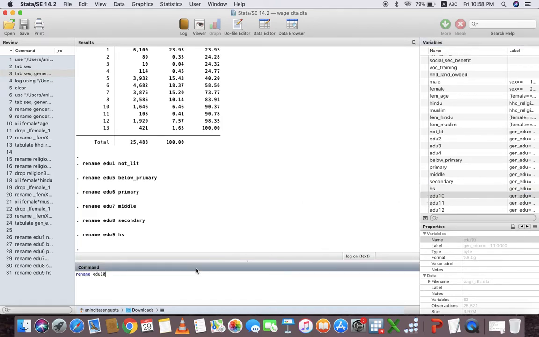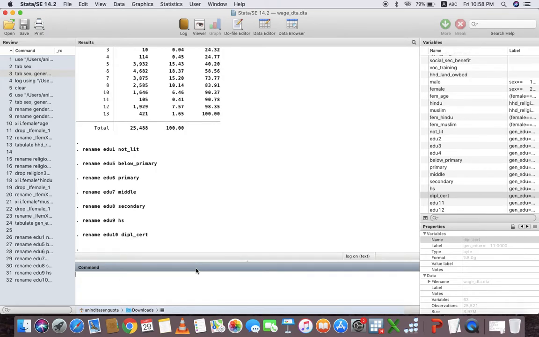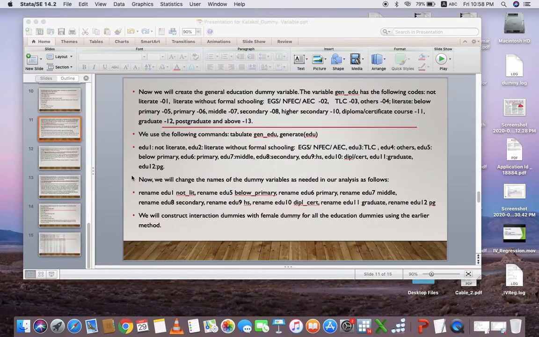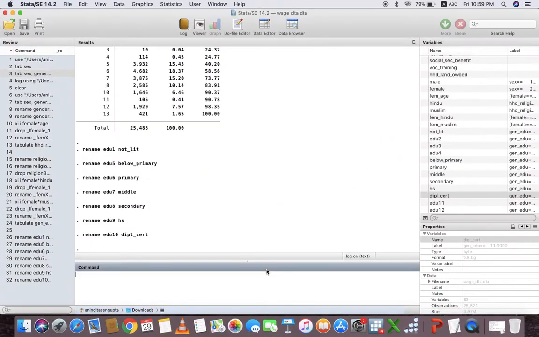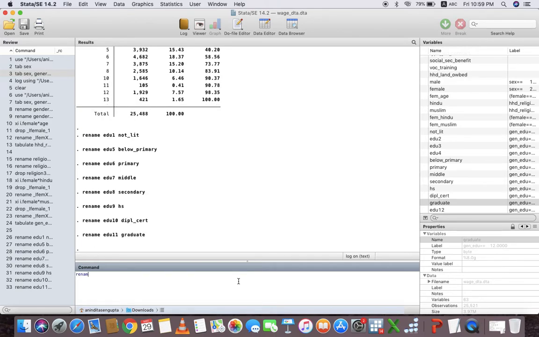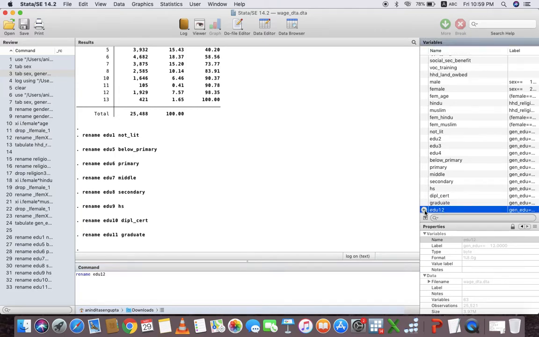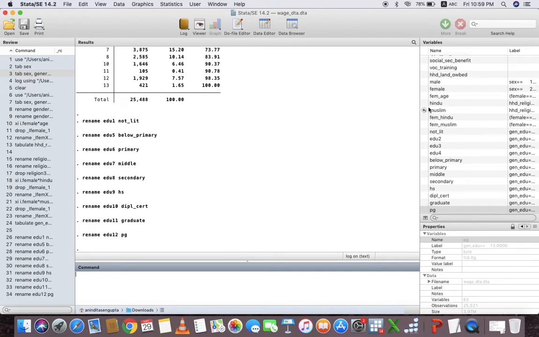Then edu 11 as graduate, edu 12 as PG. So, we have already created all the education dummies that are required by us, and we will drop the rest of them.